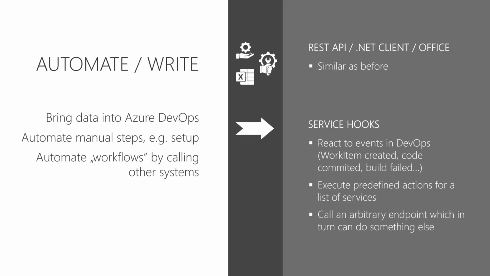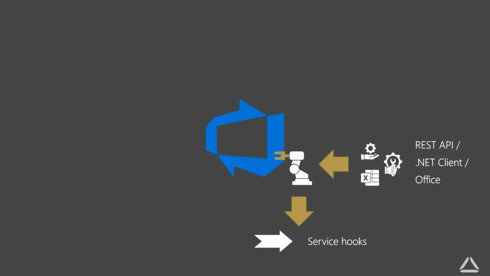So you can basically program it to do anything you want. For example, when a new work item comes in, then you could create a WhatsApp message that notifies you that there is a new work item. A lot of things that you just can think of. If you can program it in any kind of language, then you should be able to do it and react to those. So we're basically now looking into pushing data into Azure DevOps and also getting notifications through the service hooks, so that we can do something else afterwards.